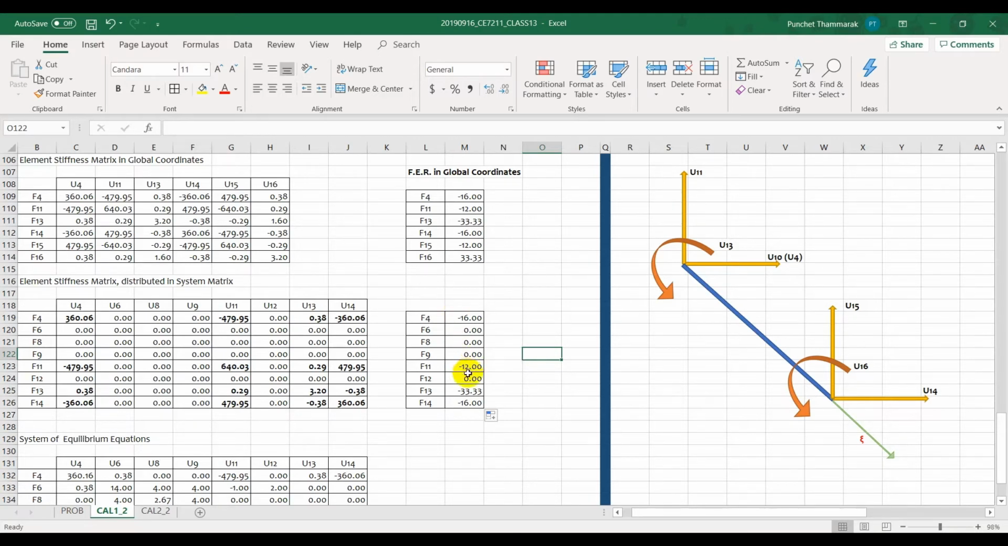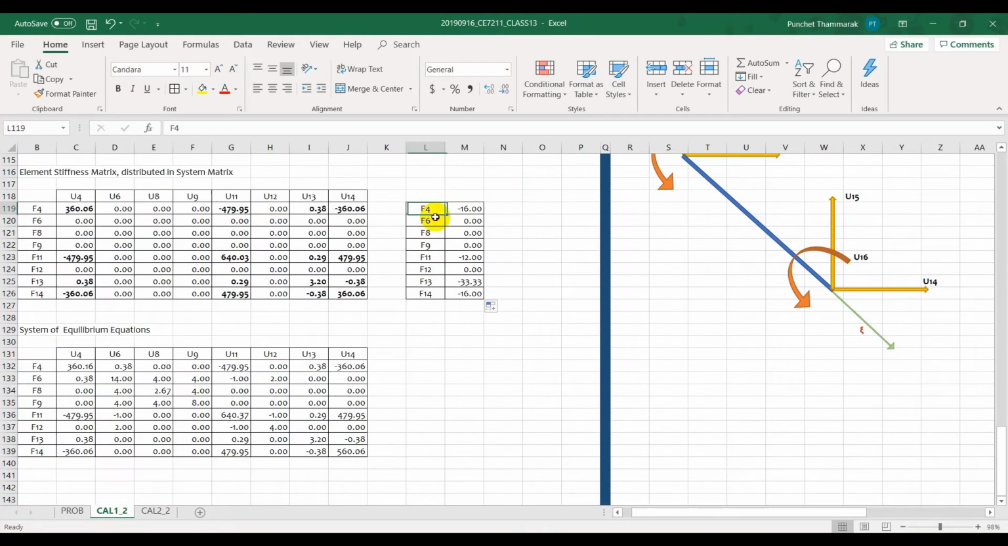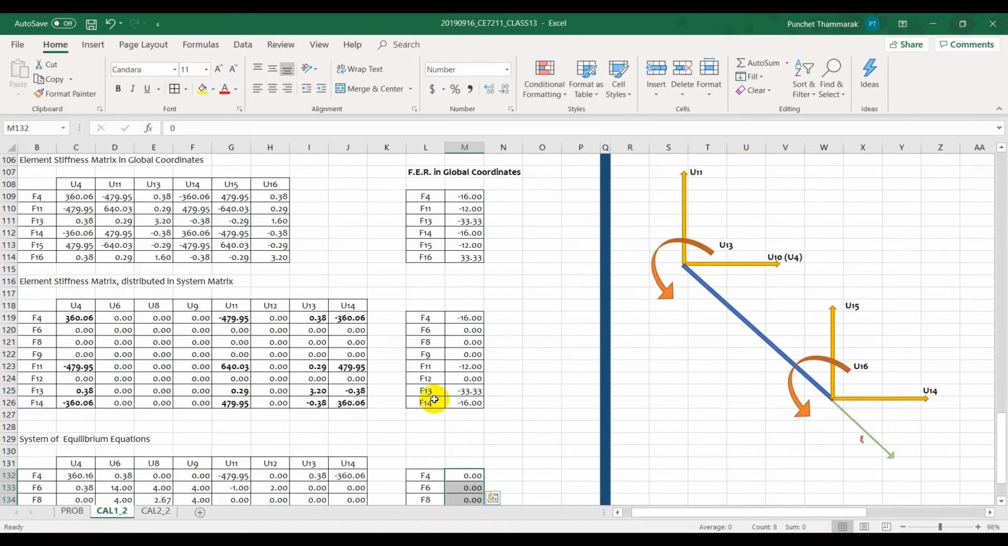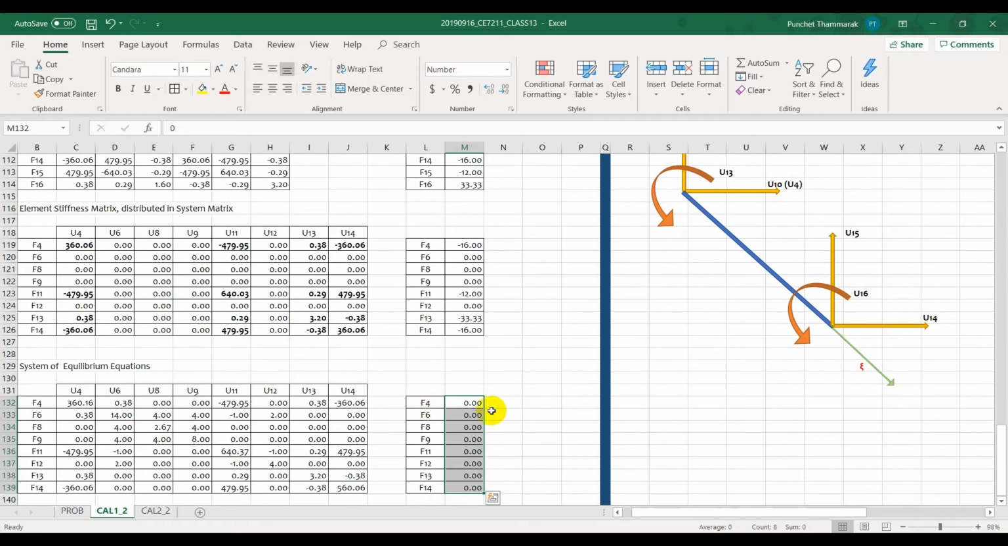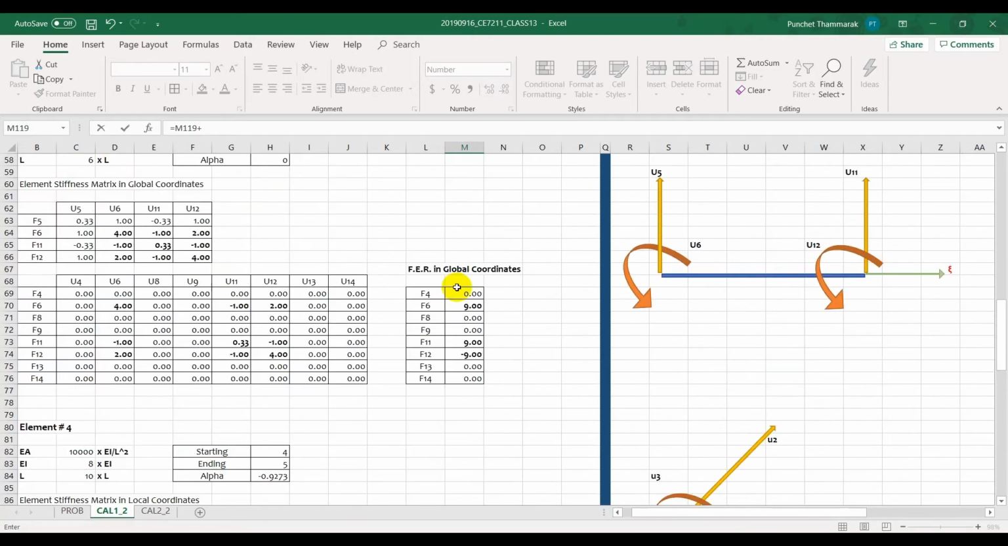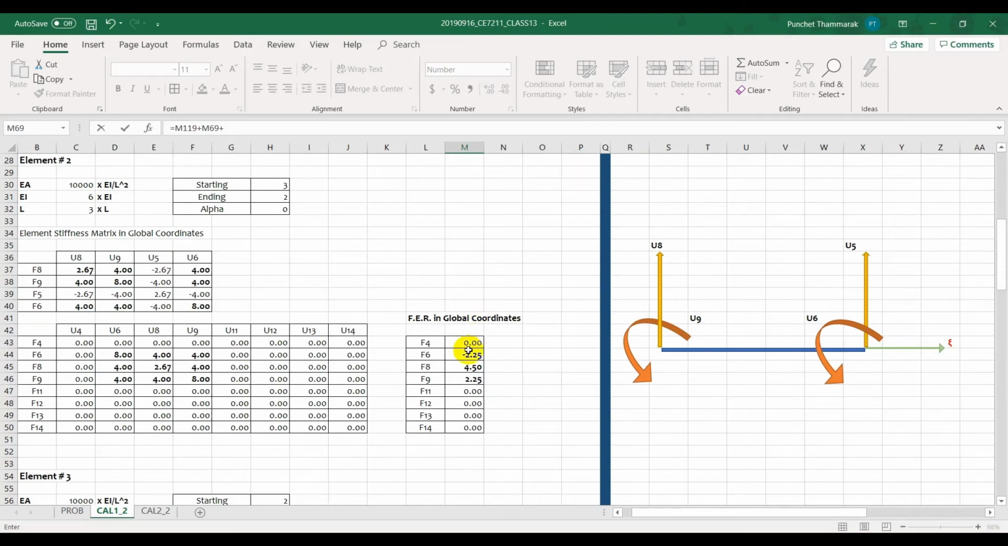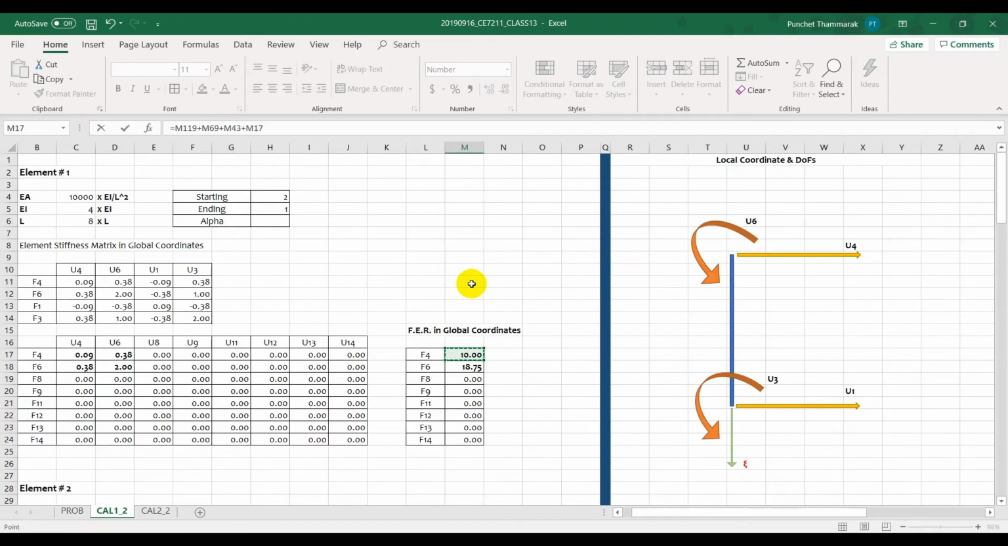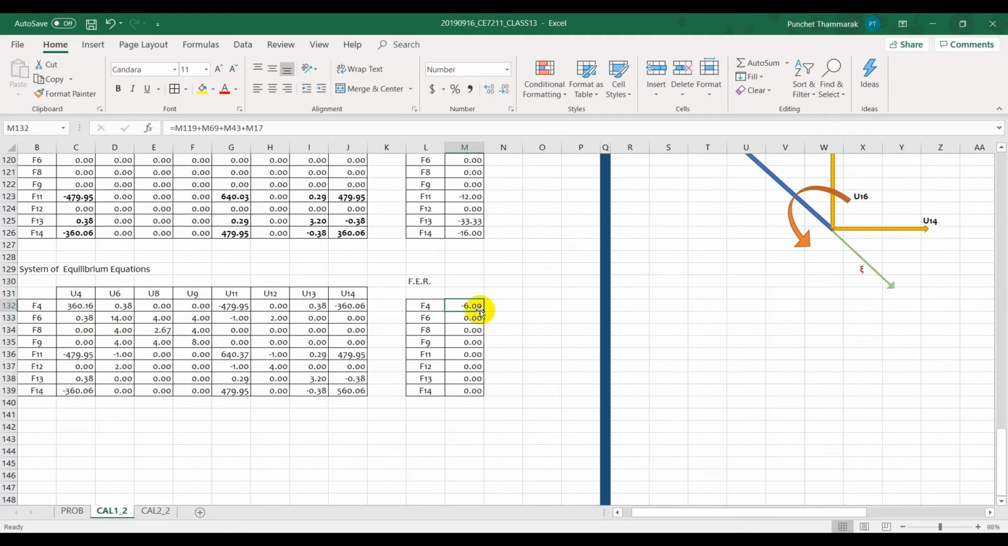For 11, 13, 14, 15, 16 is not included. And we will combine the fixed end reaction from all members, so that makes this one plus this one plus this one plus this one. Enter, and I'll copy it down. Okay,